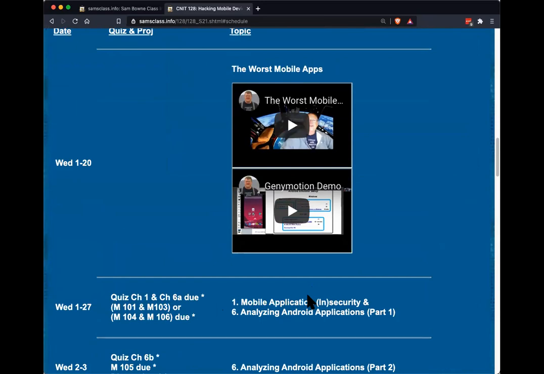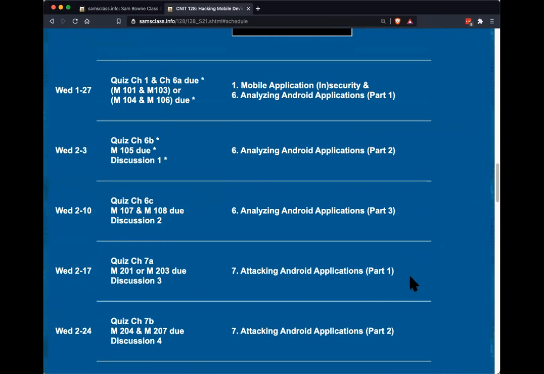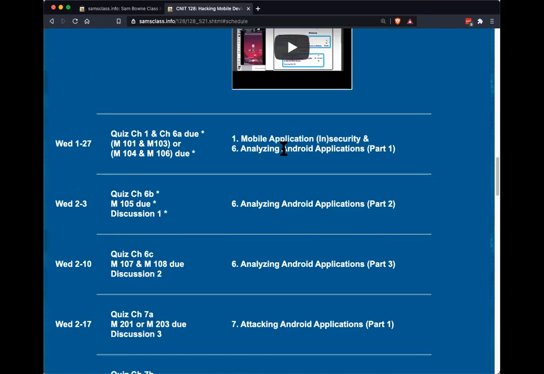in order, because iPhones are going to be hard for us to do, and many students will not have the right hardware and not be able to do it. So we're primarily going to focus on Android. So we do the first chapter, which is general overview of app security, and then we're going to skip to the second half of the book so we can start with Android. And we'll go through Android, and we'll do iOS later, and I'll talk about getting people iPhones to use as much as possible at that time. Anyway, so that's the plan.